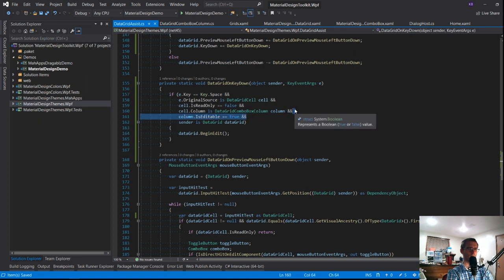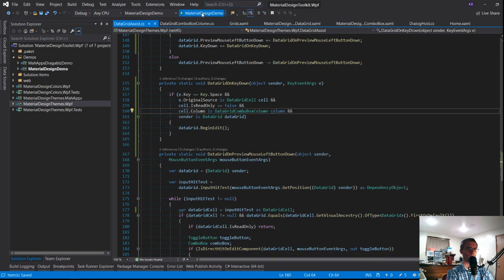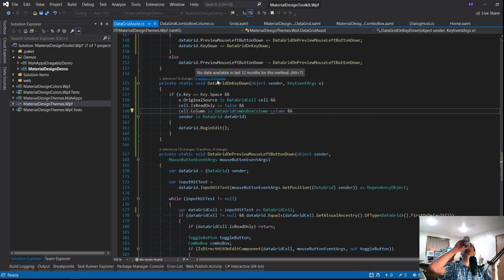That's not quite the same thing, because that's toggling the IsEditable state on the combo box, and that's not really relevant here. So basically we're just going to check and verify that the cell that actually triggered this came from our DataGridComboBoxColumn, and then we'll just trigger BeginEdit. That sounds simple enough.